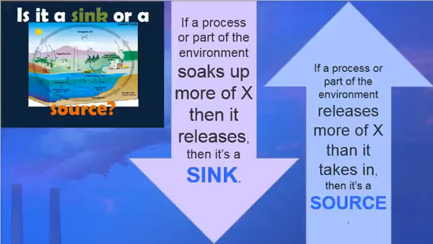So when we talk about these, there's a couple important vocabulary terms that we have to keep in mind, and they have to do with these inputs and outputs. So these two terms are sink and source. And a sink is basically any sort of either process or any part of the environment that's going to take in more of an element than it releases. So here I've just used element X, and that's just a variable. So that would be one of those CHNOPS elements that we're talking about, or it could be a molecule like water that's cycling around. And if there is a certain process that soaks that molecule up, then that would be a sink for that molecule.